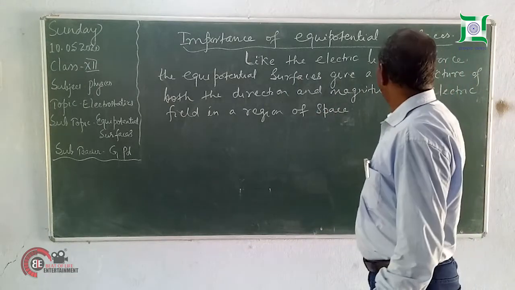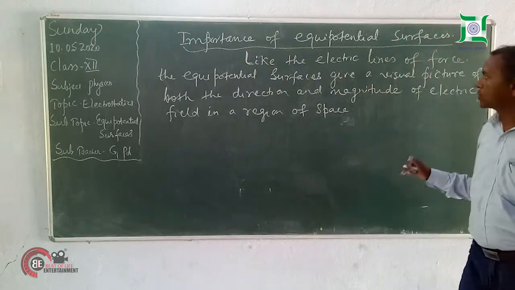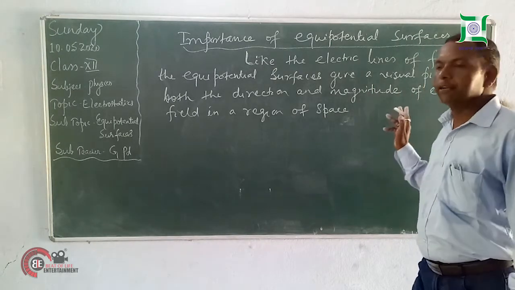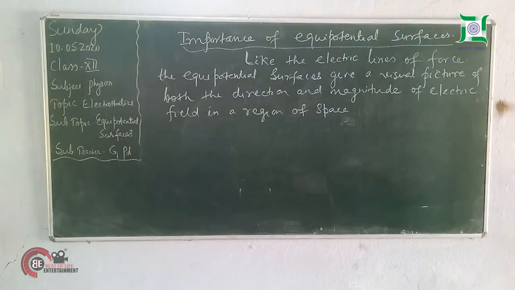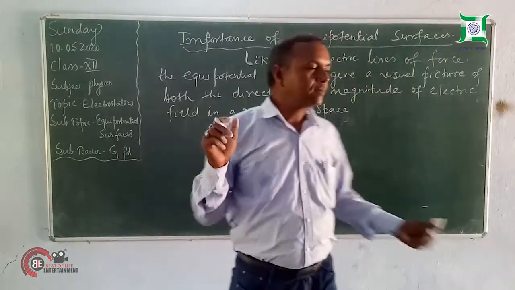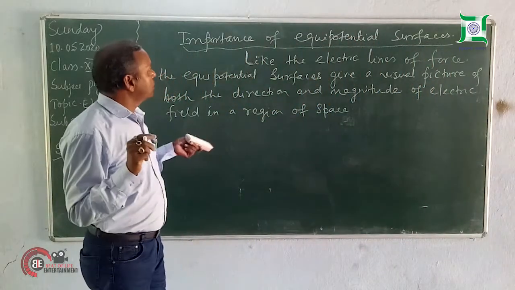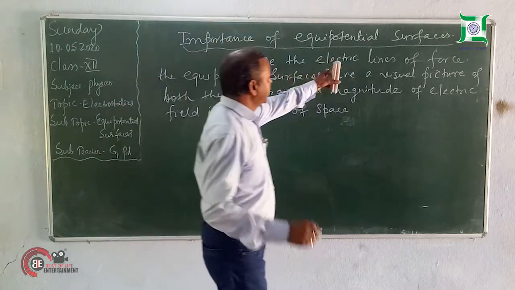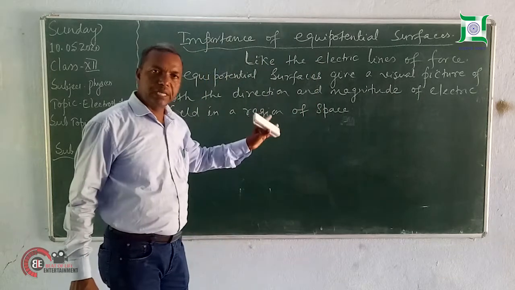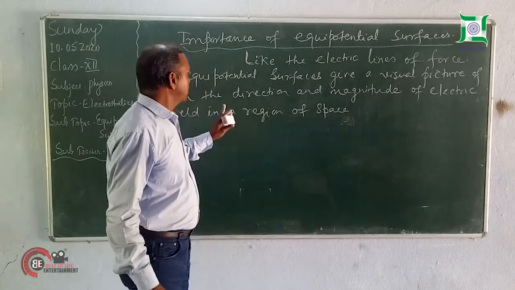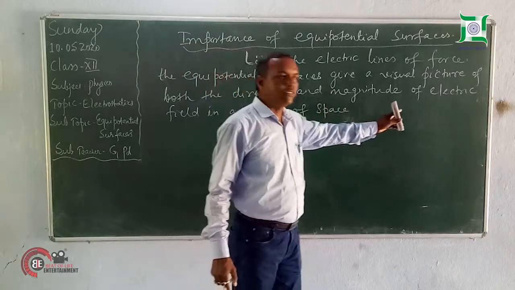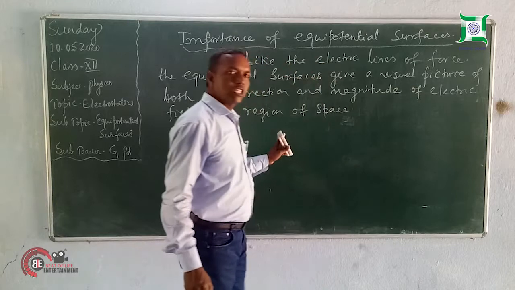Like electric lines of force, the equipotential surface gives a visual picture of both the direction and magnitude of electric field in a region of space. It means this इक्विपोटेंशियल सरफेस ठीक इलेक्ट्रिक लाइंस ऑफ फोर्स विद्युत बल रेखाओं के जैसा ही यह एक विजुअल पिक्चर प्रस्तुत करता है। इक्विपोटेंशियल सरफेस दोनों का डायरेक्शन एंड मैग्नीट्यूड ऑफ इलेक्ट्रिक फील्ड इन अ रीजन ऑफ अ स्पेस।